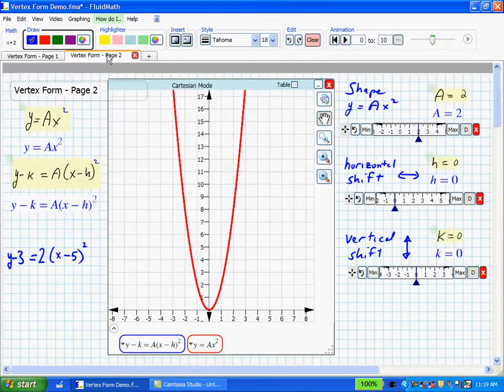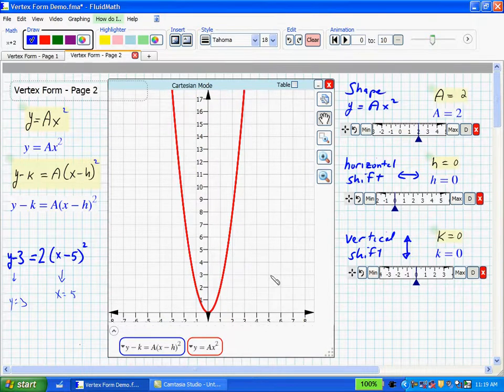Let's take a little bit further look at this. Here I have the parabola of y equals ax squared, and here I have the curve shifted. And I want to just quickly draw y minus 3 equals 2 times x minus 5. When we look at it, this side equals 0 when x equals 5, and this side equals 0 when y equals 3. So if we go to the point x equals 5, y equals 3, we get a point